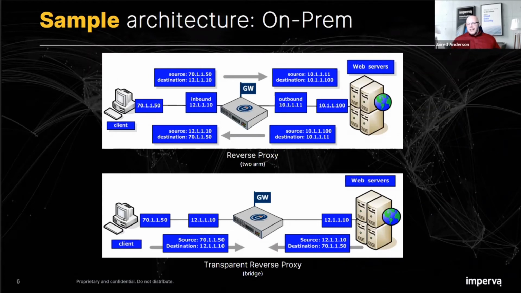What's exciting about this for version 14 is that you no longer have to choose your mode based on the cipher sets that you need to support. A lot of times that would be your deciding factor. If you have a wide range of cipher sets you need to support, you probably want to lean towards KRP. If you have more control over those, whether they're on the load balancer or the web server, to restrict them to what we support, then you'd lean towards transparent reverse proxy. Advanced bridge mode solves that problem. You no longer have to choose based on your cipher set.